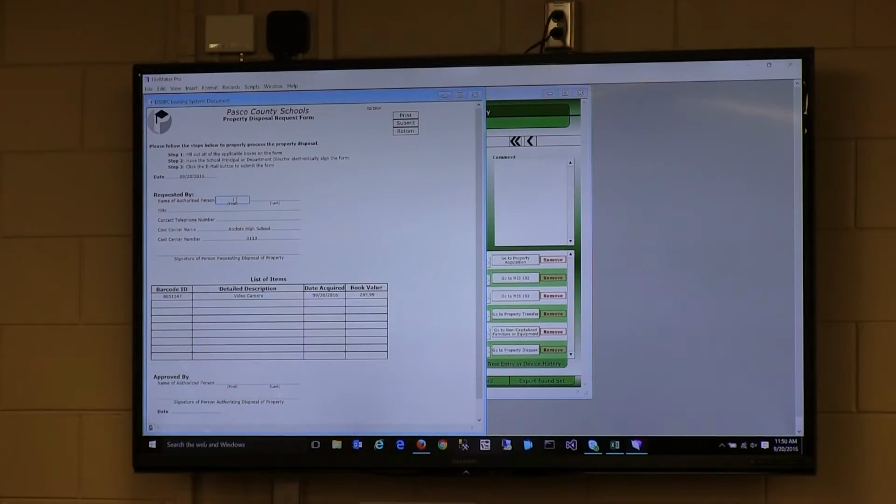And what we're needing here, if you're disposing of an item, is an authorized person that's well-versed in the area of what that device is. For example, computers or band equipment. I have no idea what band equipment goes for or if it's depreciated. So maybe a band director would be the one that would have to sign off on that for their opinion